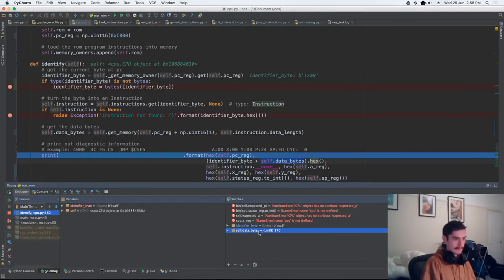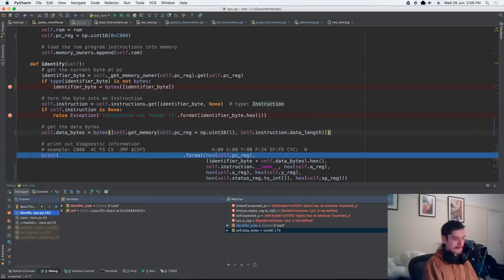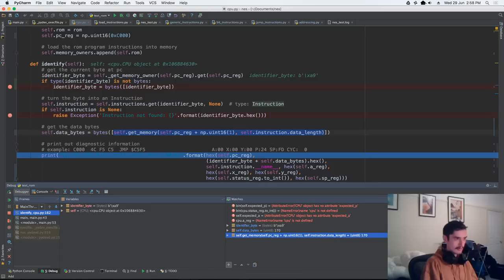Self.data bytes. Okay, self.get memory. So what the hell did this equal? If this equals a single int,